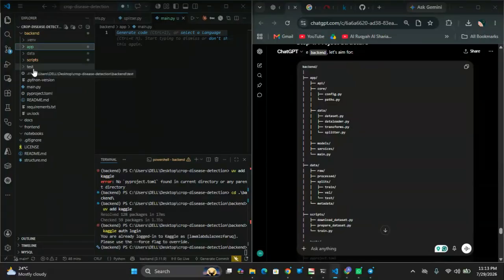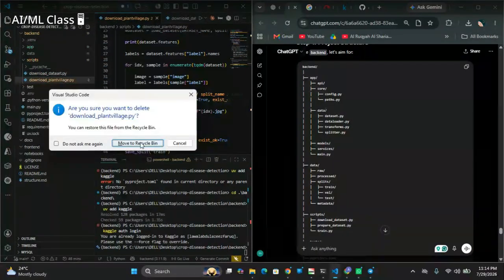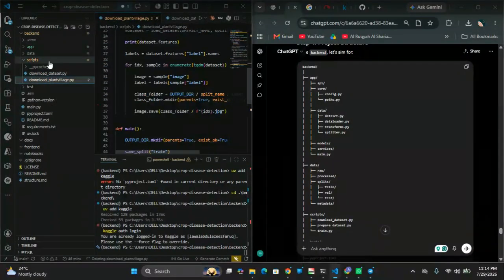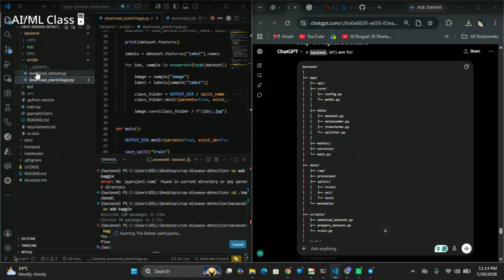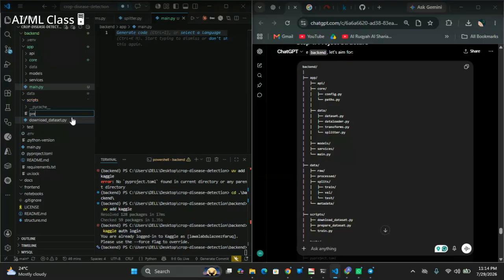So let's see scripts. Let me come to scripts. I have these already. Download datasets, I think this is very redundant, so I will remove it. If redundant, it could be switched or not used again, so I will remove it. So we have prepare datasets and train datasets. We have prepare_datasets.py